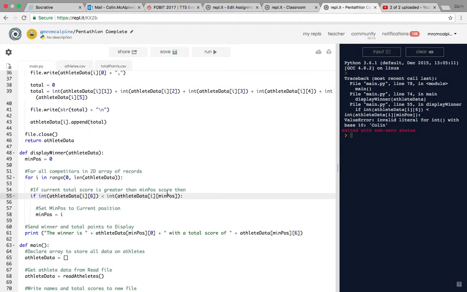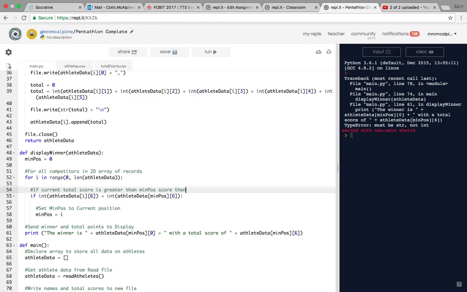So I figured out the mistake, and if we look back here, we can see that we can't compare the text with an integer. That's because it's always position 6 from the athlete data, so my mistake was here. I should have position 6, and min pos is tracking what position in the array it is. So if you swap those back, and that's not actually fixed it at all,